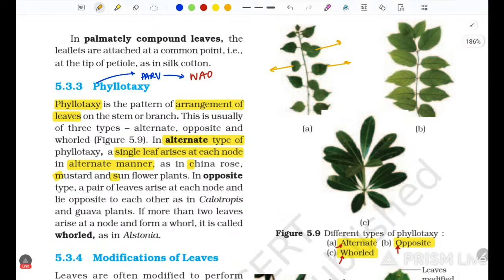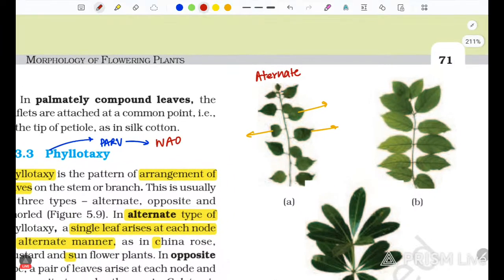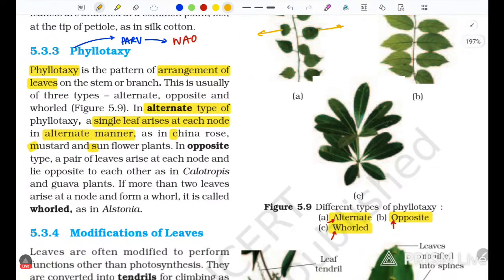Sunflower, china rose and mustard. Okay, so just remember alternate. So alternate you have to remember with the help of तीन examples. The examples are china, चाइना में उगा सूरज, सन, ओके, सनफ्लावर, चाइना रोज, मस्त लगता है, कैसा लगता है, मस्त लगता है। ठीक है, सो चाइना में उगा सूरज मस्त लगता है। और चाइना, प्लीज रिमेंबर दिस इज ए इन द एंड, और ये इधर से ए से क्या याद रखोगे, ऑल्टरनेट।